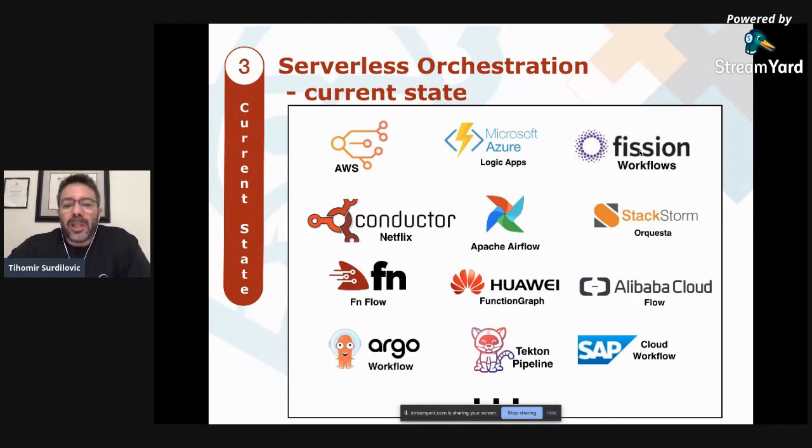Now, what did we realize when we saw all this? The problem is, even though all these technologies are great and useful, some define pipelines, so orchestration for pipelines, some define orchestration for workflows, some do both. The problem that we found is that no matter what we looked at, there was no standard. And going back to the slides we talked about, no matter what we do in Kogito, we really try to rely on standards, because I think that's important in moving forward in the future.